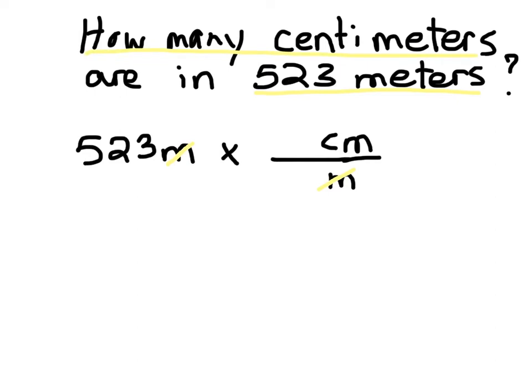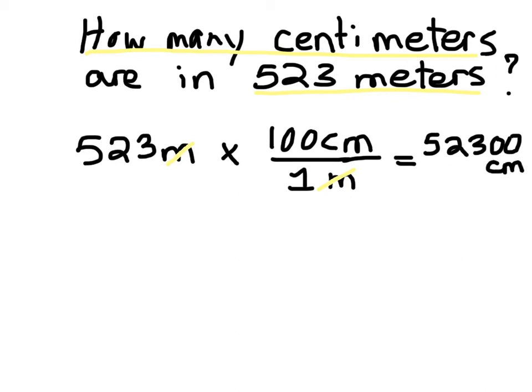So the only thing left to do is to come up with the right conversion factor. What's the relationship between meters and centimeters? Well, 1 meter contains 100 centimeters because centi means 1/100th. So there's 100 centimeters in 1 meter. Now I can actually just multiply. 100 times 523 will give me 52300, and I've kind of run out of room, but my units now are centimeters. Divided by 1 is just going to give me 1 again. So, ta-da, 523 meters contain